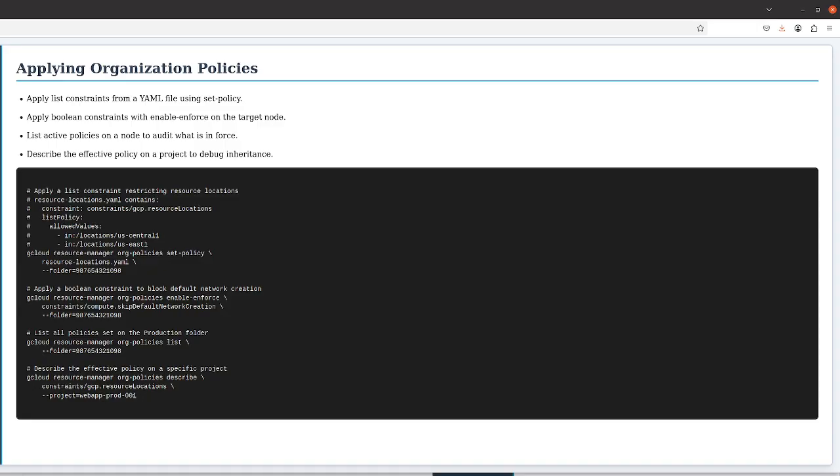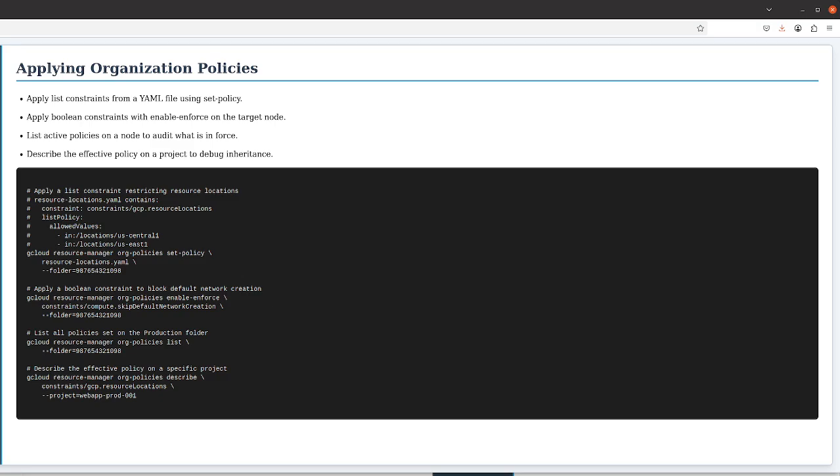The second command applies a Boolean constraint. We invoke gcloud resource-manager org-policies enable-enforce with the constraint name as the positional argument. The constraint name is constraints/compute.vmExternalIpAccess in the simplified form, but for the Boolean external IP restriction we actually use constraints/compute.vmCanIpForward style constraints, and in this example we use constraints/compute.skipDefaultNetworkCreation, which is a true Boolean constraint that prevents the default VPC from being auto-created in new